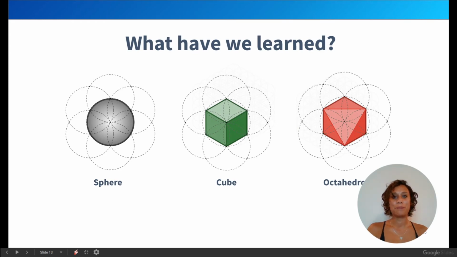So, to recap, what have we learned? We learned about space, yeah? 3 types of space, 3 types of shapes that come into existence. And I'm not saying that this is it, because we said that there are actually 5 more. But most of us are actually just familiar with the cube, because this is, let's say, how we see reality here. And that makes sense, because we're walking on 90 degrees. We build houses in cubes. We're quite cubic in our mindset, actually. Yeah, in science, it's a lot about cubes. But it's not the only shape.